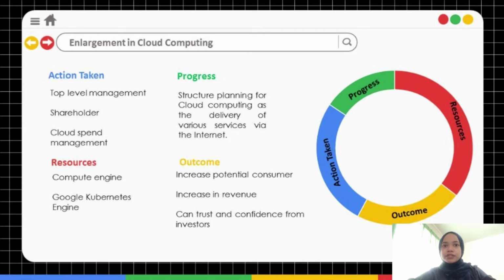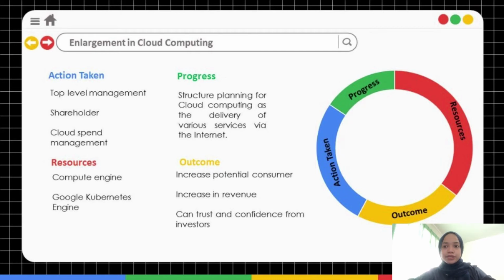And the outcome for the strategy is to increase the potential consumers, individually or from well-known organizations, because the consumers of cloud computing are not only focused on private users but also public users. It also helps generate more revenue. And lastly, high investment from investors, as the enlargement in cloud computing can gain the trust and confidence of investors